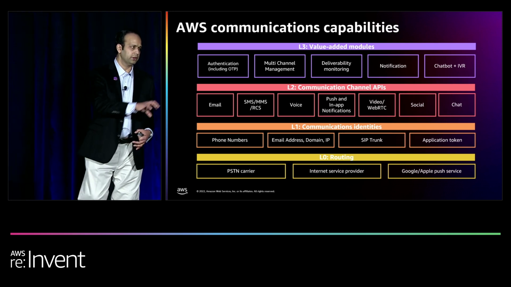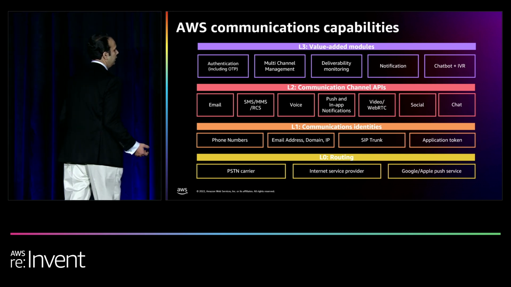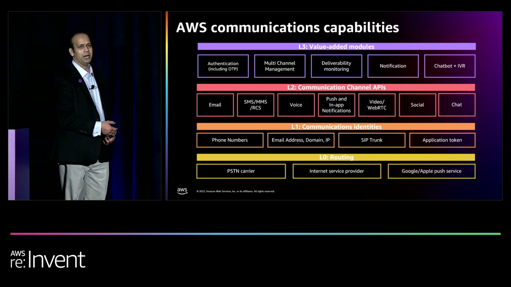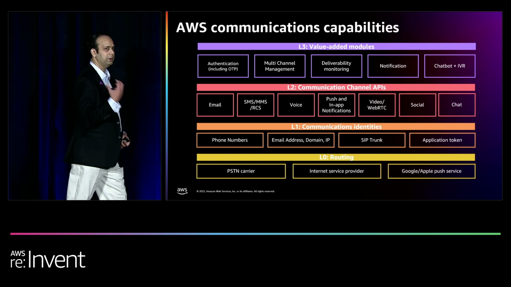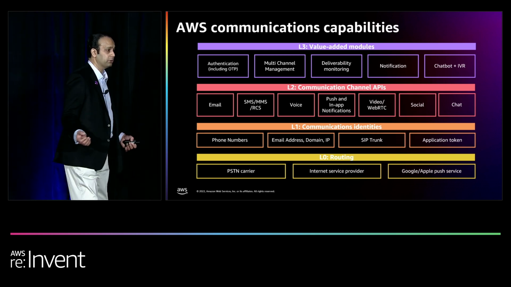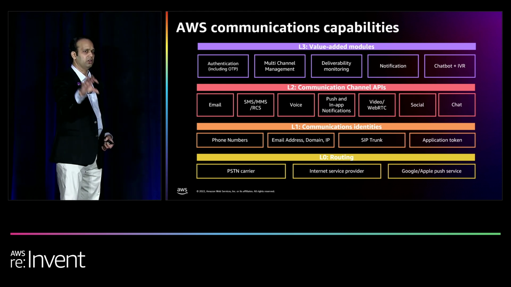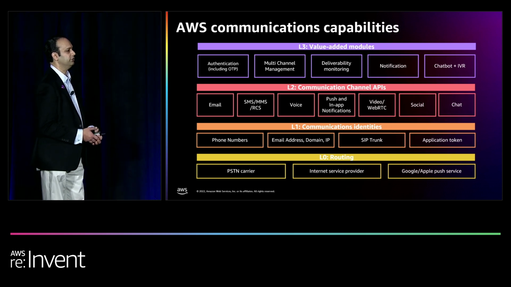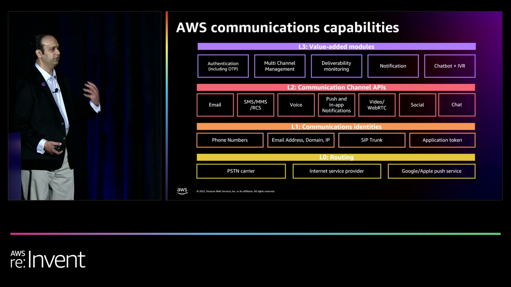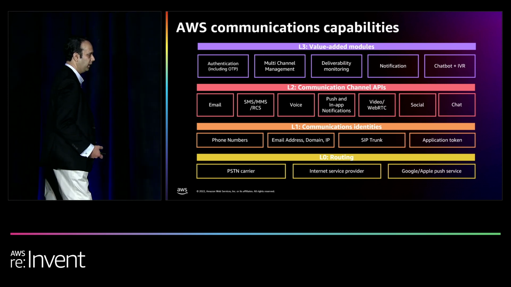We then provide basically a layer above that, which is focused around identity. This is around phone numbers, short codes or long codes in the text messaging world, email domains, and the DNS infrastructure required for email and deliverability and DMARC records and things of that nature in the email world. Phone numbers, porting of phone numbers, that whole identity and business identity problem is the next layer of the communication stack, where we again have APIs in the AWS SDK, SigV4 authenticated APIs that allow you to procure, provision, transfer, and port these identities from alternative service providers into AWS.